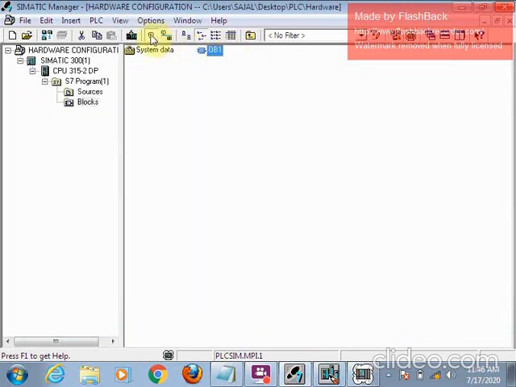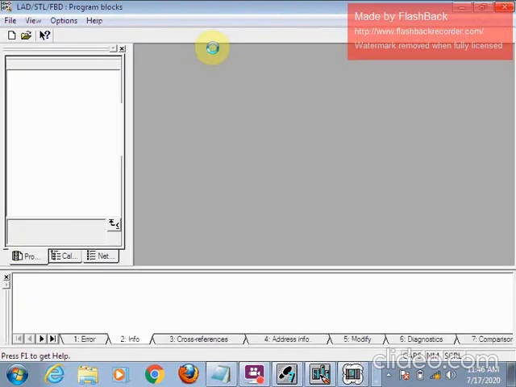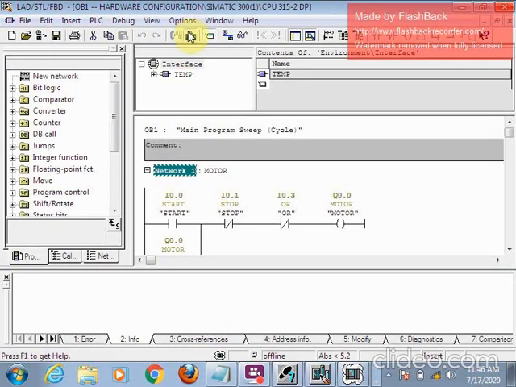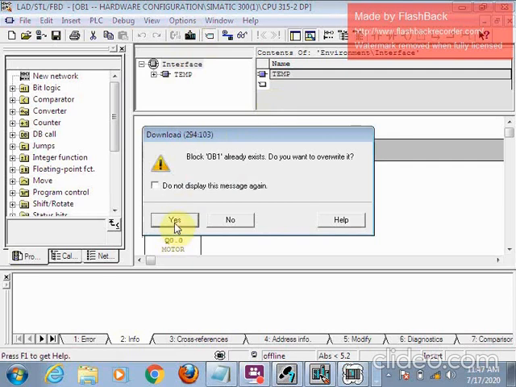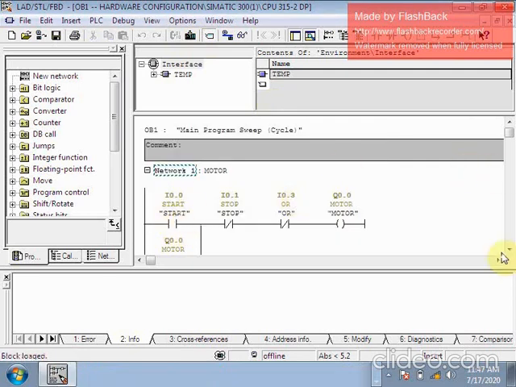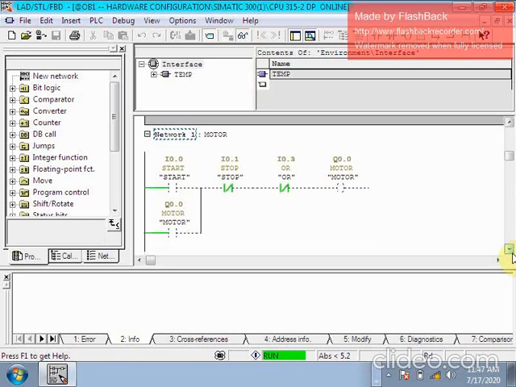So now again we will try to download. It has been downloaded. So our program has been downloaded. We can monitor from here like this. You can monitor this logic.